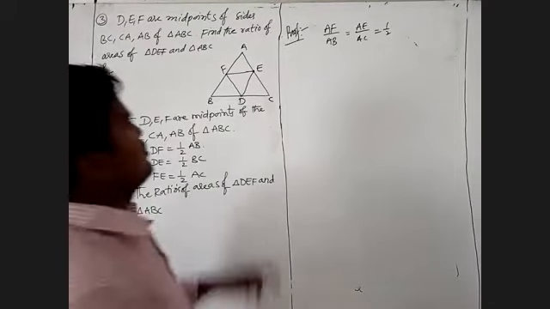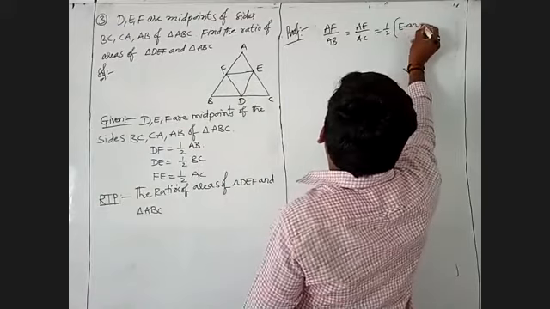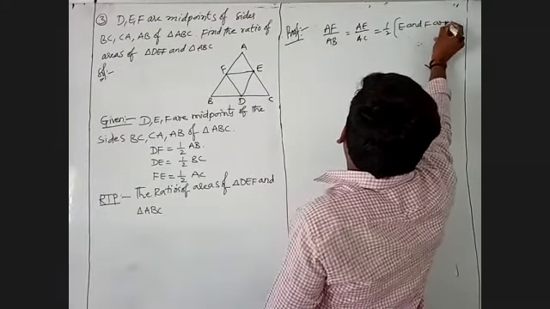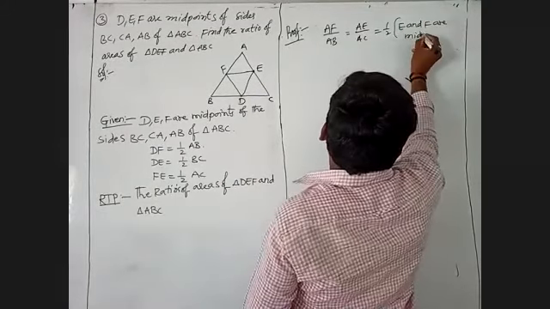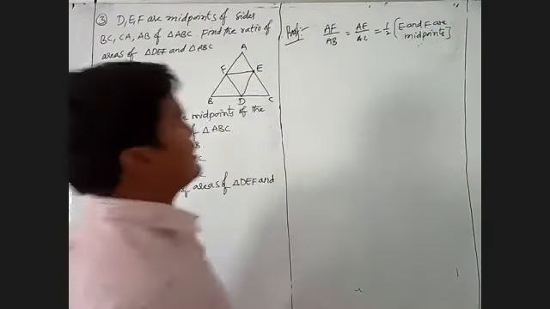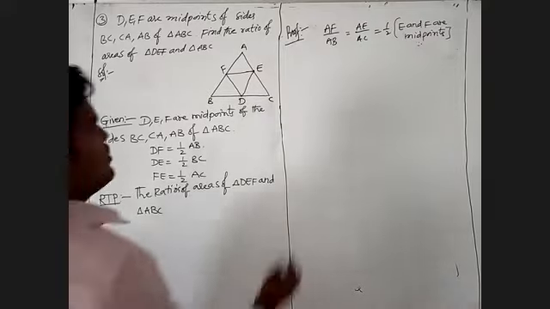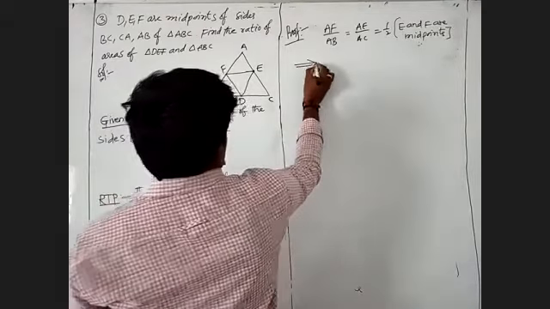Why? Because here E and F are midpoints, as given. E and F are midpoints means here what I have to write